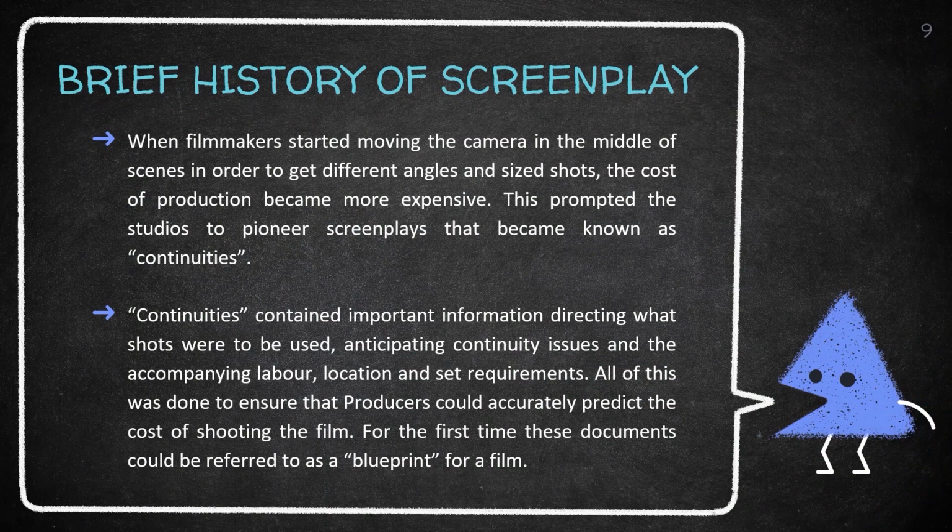When filmmakers started moving the camera in the middle of the scenes in order to get different angles and sized shots, the cost of production became more expensive. This prompted the studios to pioneer screenplays that became known as continuities. Continuities contained important information directing what shots were to be used, anticipating continuity issues, and accompanying labor, location, and set requirements. As the cost of production became more expensive and the film industry was starting to be in demand,